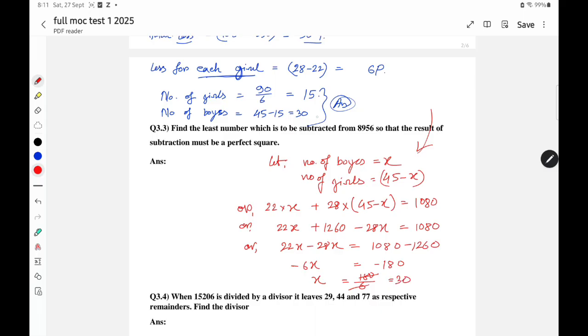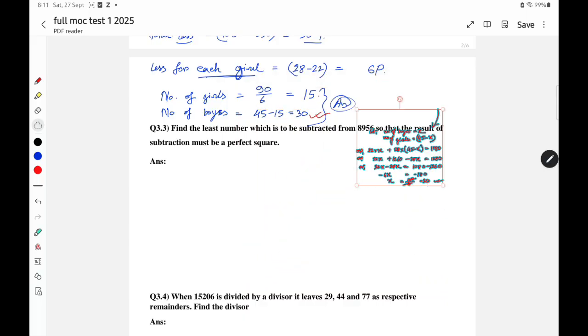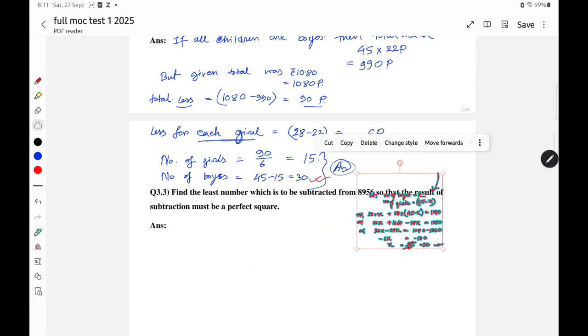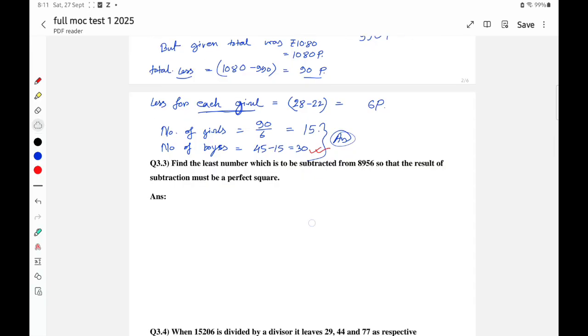So note that the number of boys will be 30, and here also x is 30. So number of boys is 30. You may follow this method also. Okay. I erase it. আমি ডিলিট করে দিচ্ছি। এই মেথডটা আমি তোমাদের হার্ড কপিতে পাঠাবো। ওকে, নেক্সট